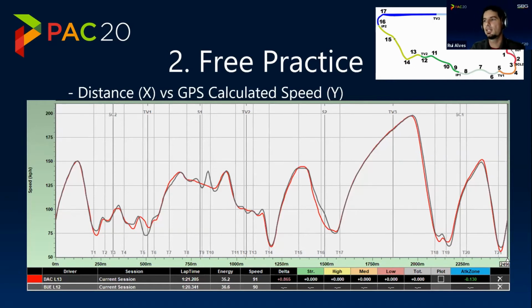SBG give us, they calculate the speed. So for the guys that are not used to this kind of graphic, on X you will have the position on the track, in all the corners, from 0 to, in this case, 2,500 meters, that is a complete lap. So we will see the speed that he had on this fastest lap in all points of the track. And then on the Y you are going to have the speed that he had at that point of